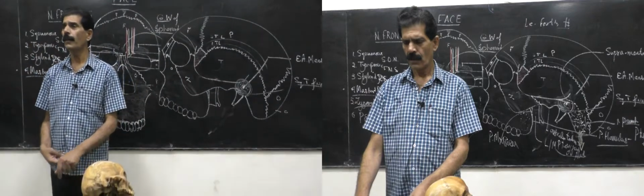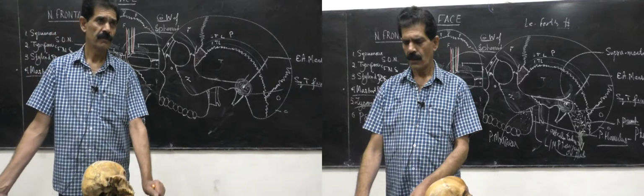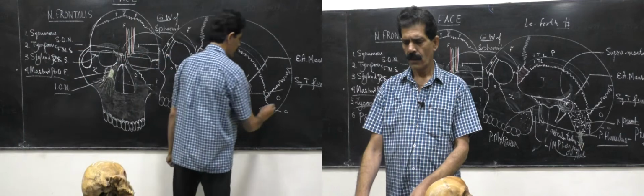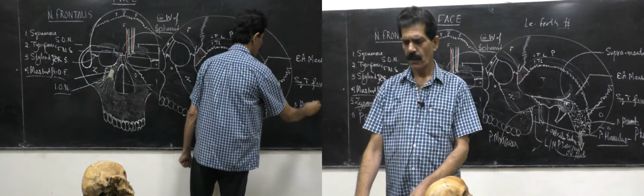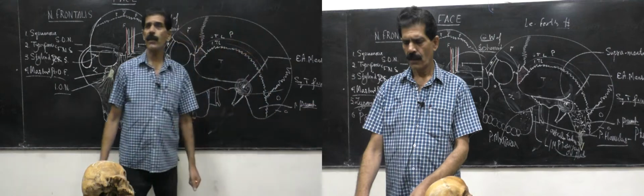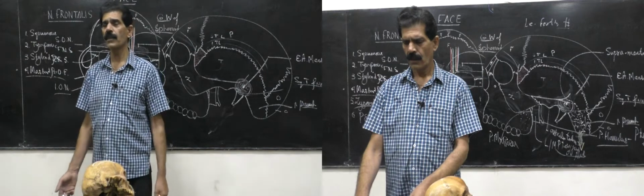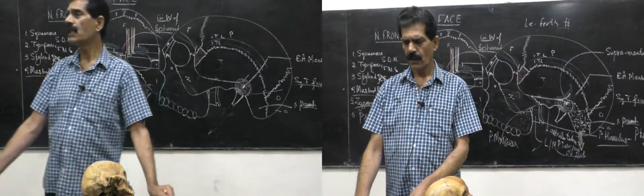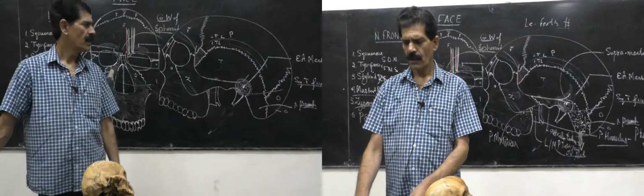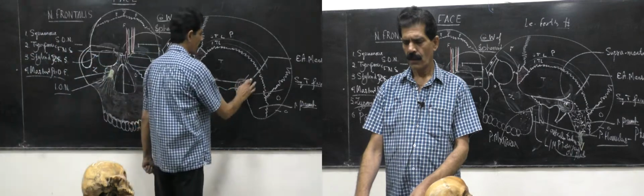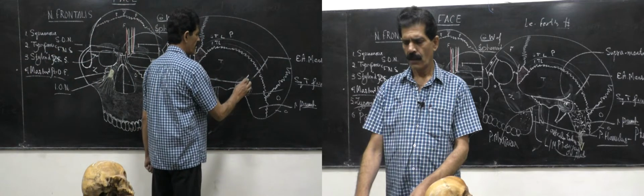And the mastoid process or mastoid part is an example of a pneumatic bone. Pneumatic bone. Pneumo means air, which is trapped during the development of this bone. Many other bones are also pneumatic. Out of them, one is this, that is called the mastoid process. Just above the external acoustic meatus,